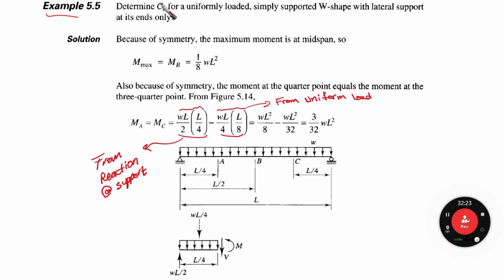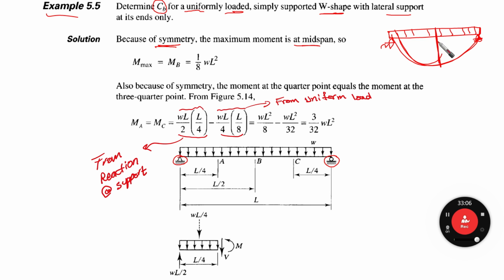So determine CB. Now it is clear that we are searching for CB for a uniformly loaded, simply supported wide flange with lateral support at its ends. So we have a simply supported beam, as you can see here, here and here, and we have a uniform distributed load. Now because of symmetry, the maximum moment is at mid-span, because we know that the maximum moment is going to be in the mid-span here. So this means that M maximum, which is going to be needed for our CB calculation,